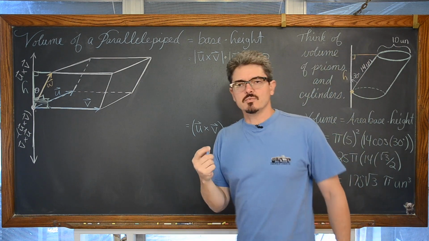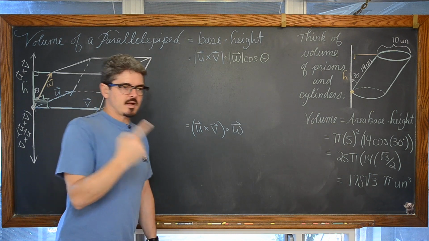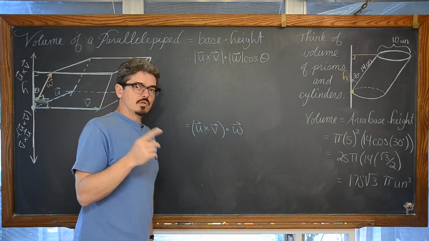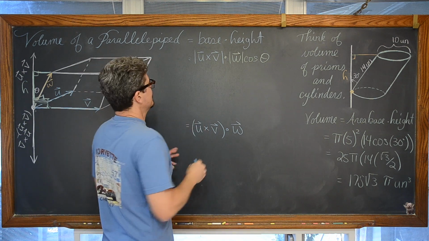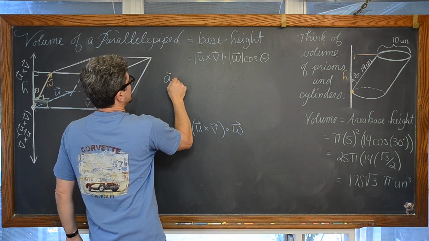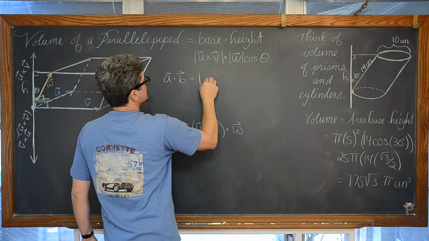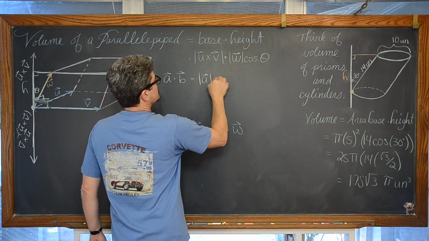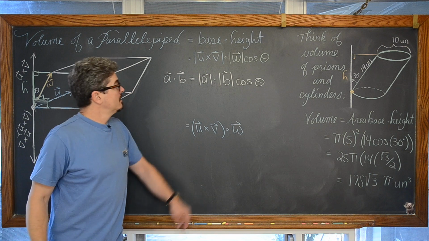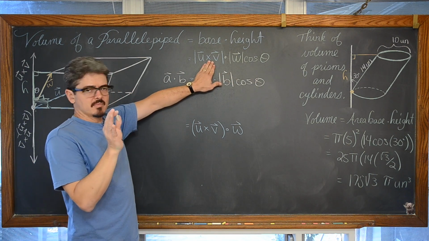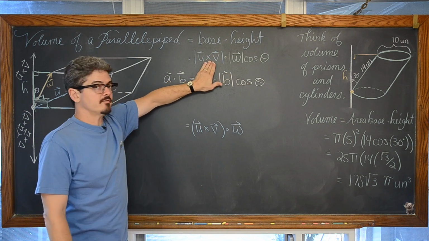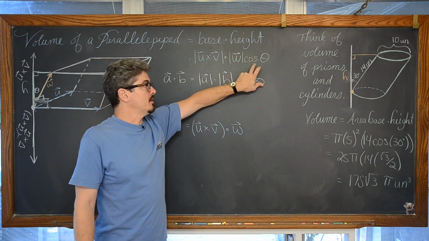Well, if you remember your two definitions for dot product, there was an algebraic one which you used when your two vectors were in component form, and a geometric definition for your dot product. And it said that vector A dotted with vector B was equal to the magnitude of vector A times the magnitude of vector B times the cosine of theta. Well, that's what we have going on here. There's some stuff going on inside this magnitude notation, but it's a vector cross product, another vector. So it's the magnitude of one vector times the magnitude of another vector times the cosine of theta.